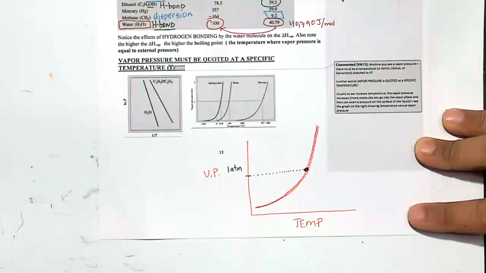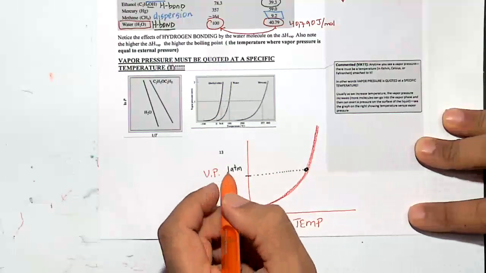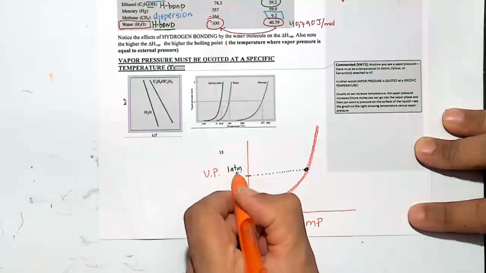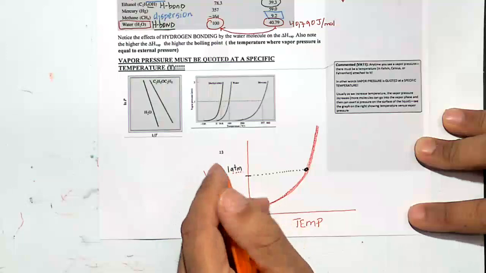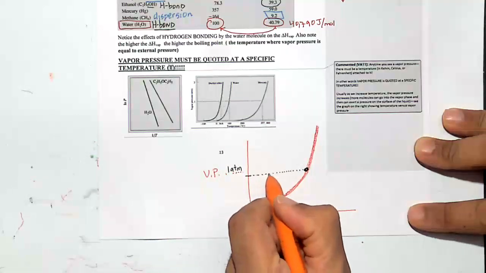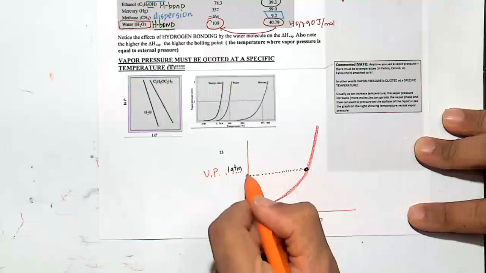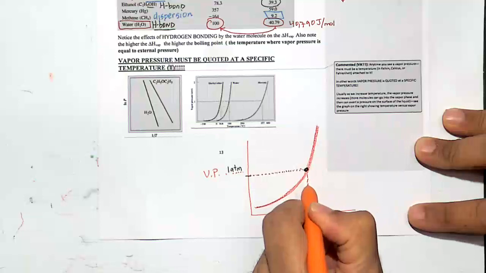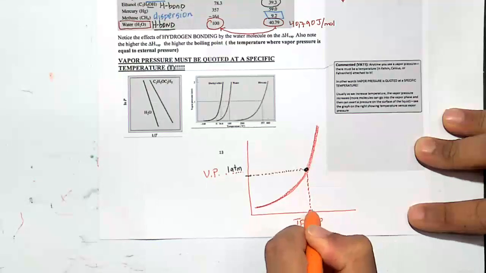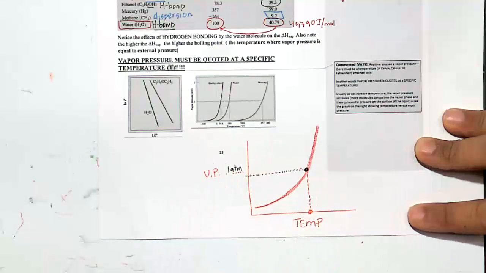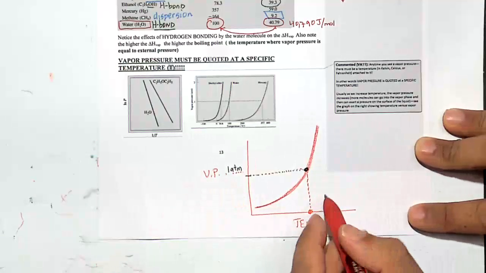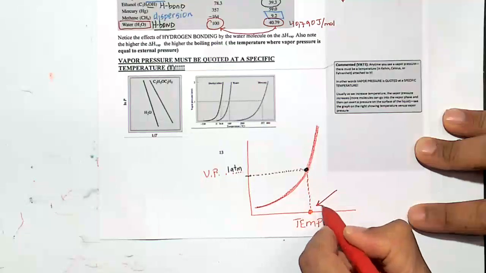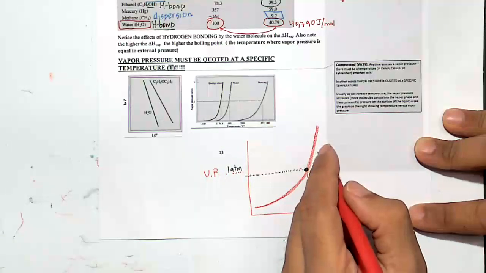At 1 atmosphere, you go across to this curve, and you go all the way down to temperature. At 1 atmosphere, at this curve, we call that the normal boiling